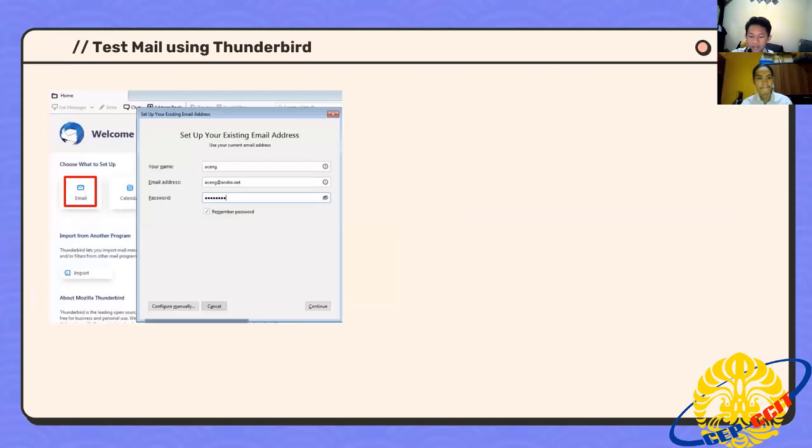Okay, and the next is for Windows 7, where we try using Thunderbird mail, and the steps are the same as when we configured Outlook on Windows 10. Fill the name and email address, and then we click continue.